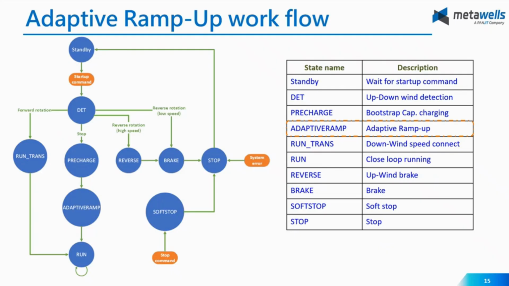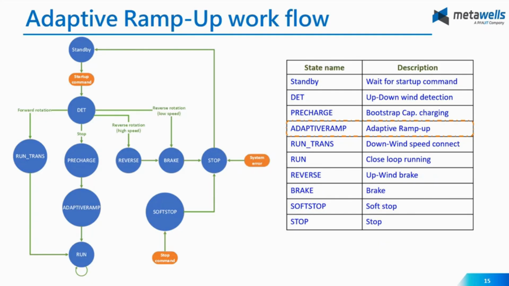State machine overview: this state machine is tailored for fan control. We process the align and ramp states, with here the adaptive ramp state,